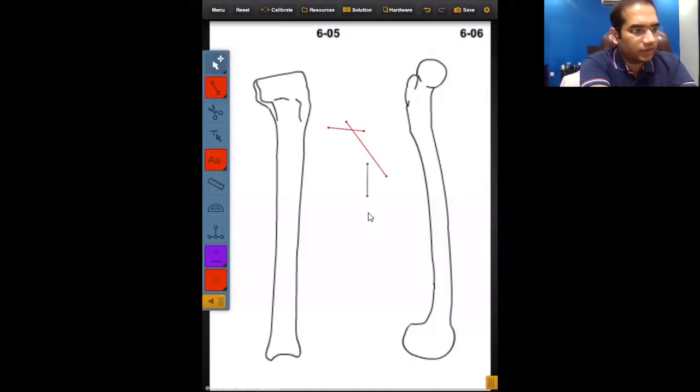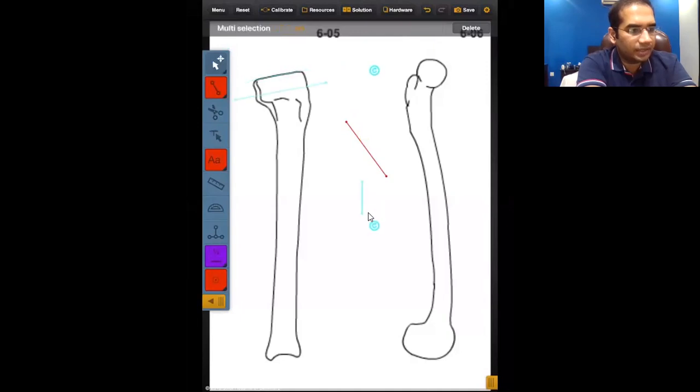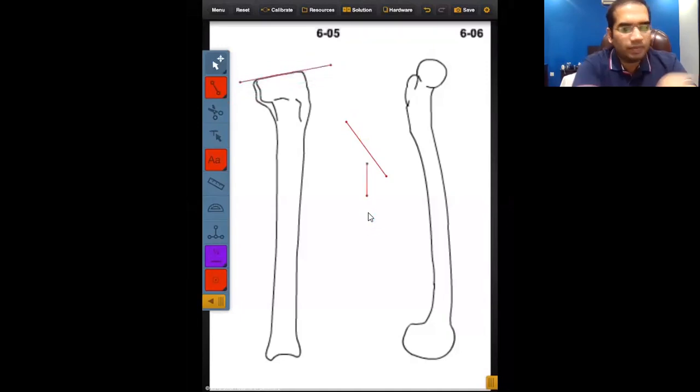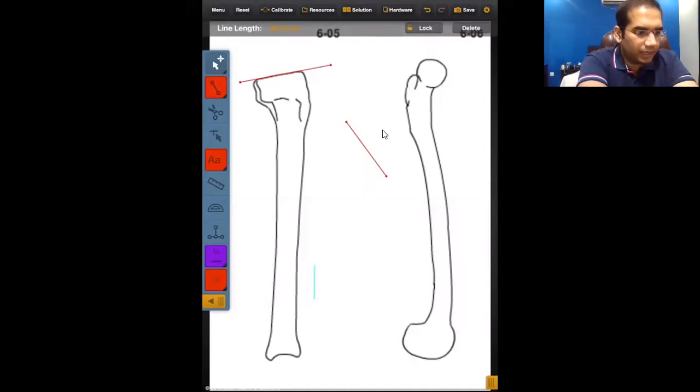So let us first discuss the normal angles. First I will discuss the joint orientation lines. Tibia upper joint orientation line is quite straightforward, as you can all see here. It's a straight line. The tibia laterally is straight. So you simply draw a line over the tibial plateau, that is.